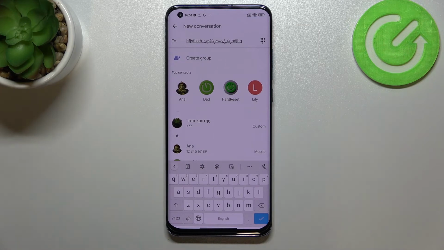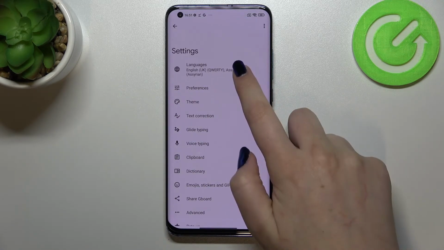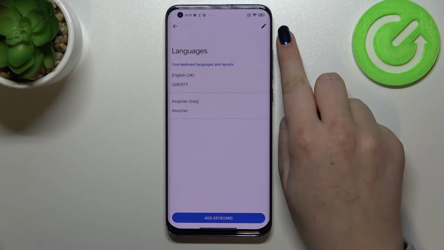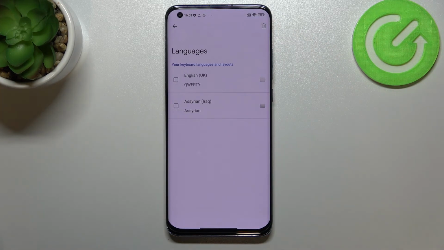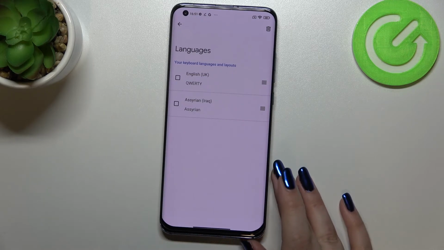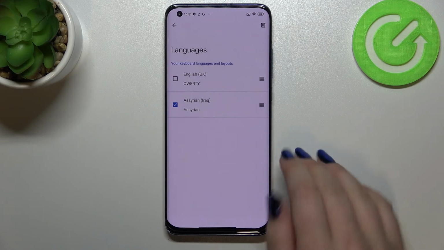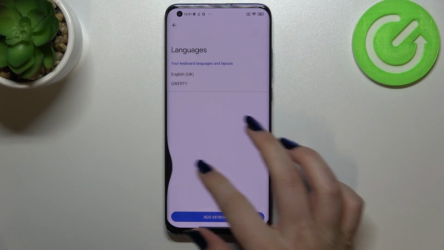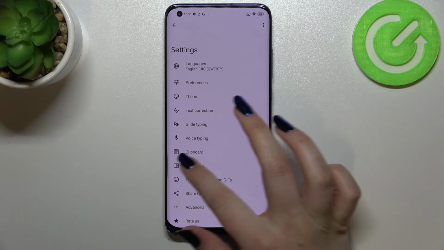and now let me show you how to remove it, because usually you do not need 2 or 3 different languages added. So simply go back to the settings and the languages, and here all we have to do is to simply tap on this edit icon in the right upper corner. Now we can mark the language we would like to remove, and I will pick Assyrian and tap on this trash bin icon. As you can see, we've got only English left,